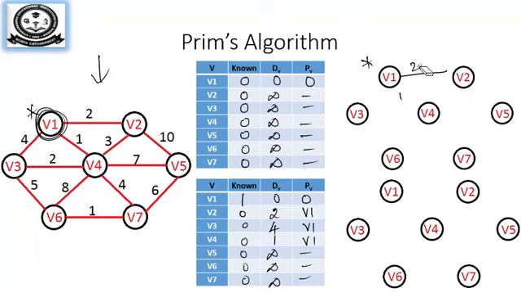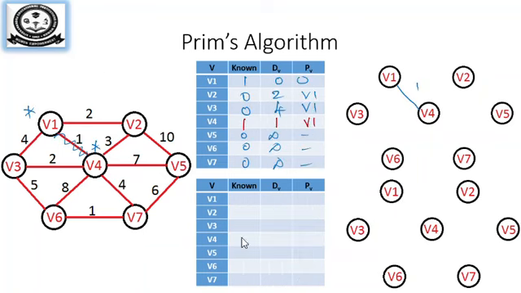So what I will do is, first v1 is marked. The next vertex that I am going to choose is between v1 and v4. So now the next vertex I am going to mark is v4. Now I have made v4 a known vertex, and the rest of the table I have written here. Now we are going to see which are the adjacent vertices for v4 that are unvisited: v2, v3, v6, v7, v5, everything is unvisited.